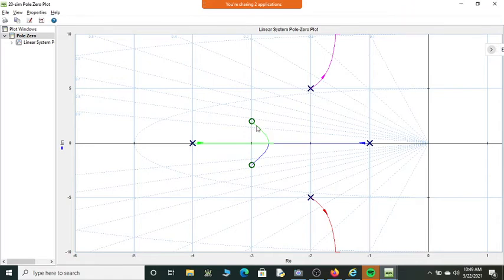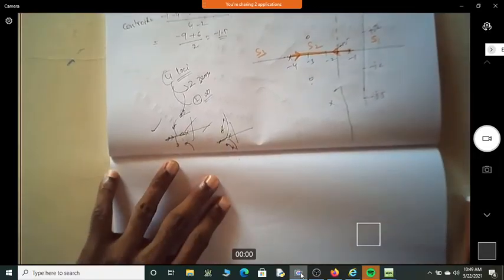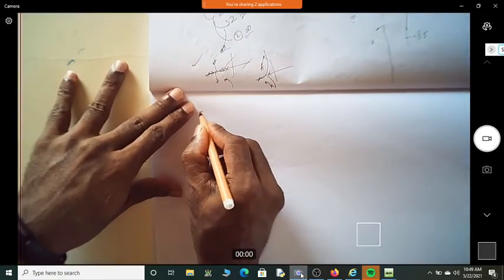So what is the angle of arrival for this? Is it around minus 50 degree? Is the angle of departure around 30-40 degree plus? We just find that. So this is just an idea of the angle of arrival and departure, which we are going to prove here. So what is theta d?